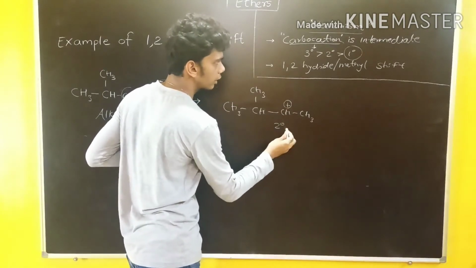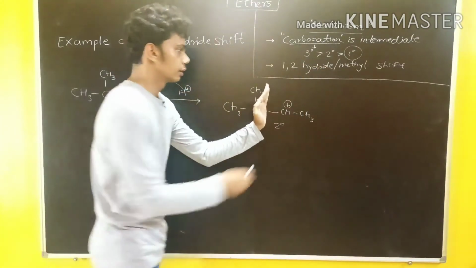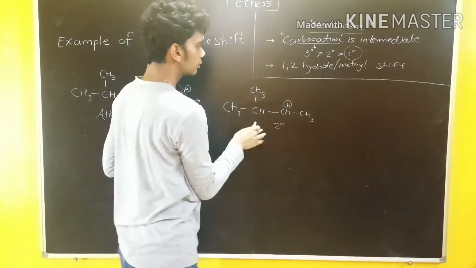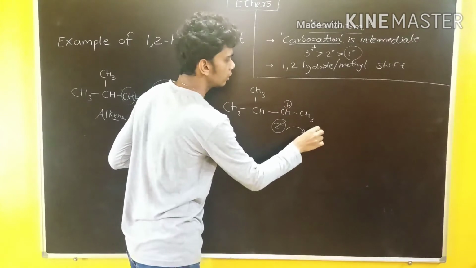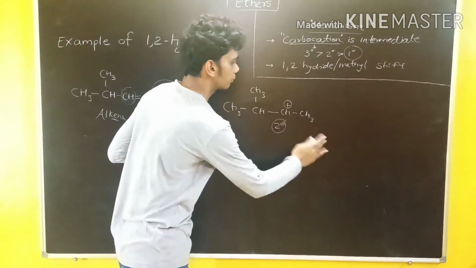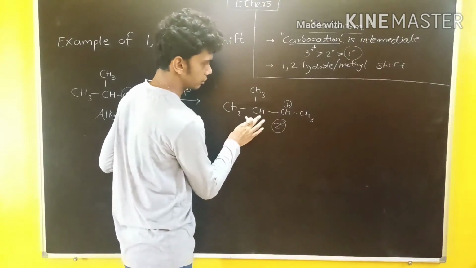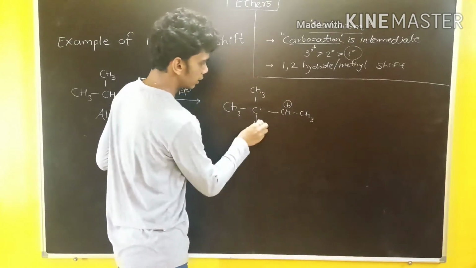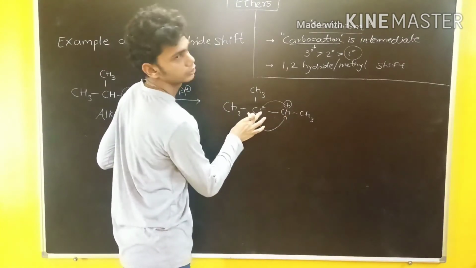secondary carbocation. But now we know that, see, now here is the scope. In the earlier example, there was no scope because it's not attached to another carbon. So in this example, there is a scope: from secondary, it can jump to tertiary. And how can it occur? Let's study here. This H plus is here, this H is here. So I can draw it like this. This hydrogen is going to shift here. This positive charge shifts over here.